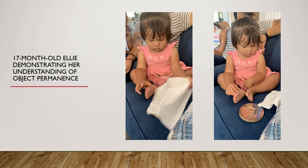So right there I had a little coaster that I was letting her play with, and I covered it with just a regular tissue paper. And Eleanor immediately took the tissue paper off to look at the coaster. Now, she's 17 months old, so it is assumed that she already has that understanding of object permanence. But it was cool to test to see just how quickly she reacted to it. Anyway, that's it for my